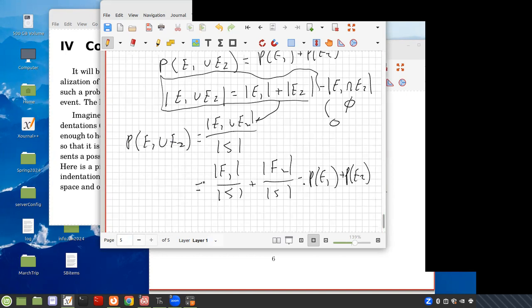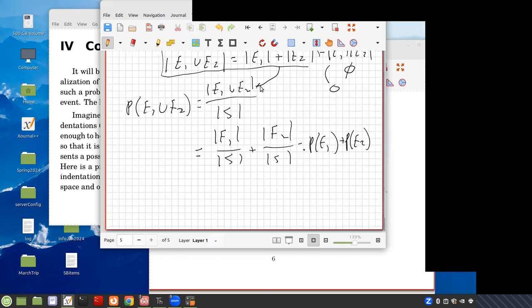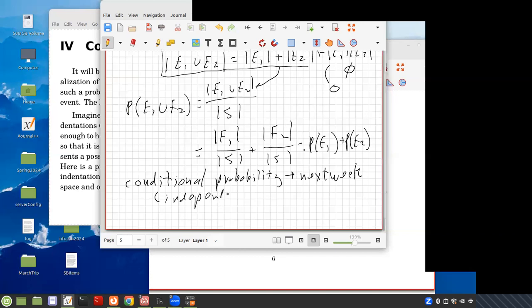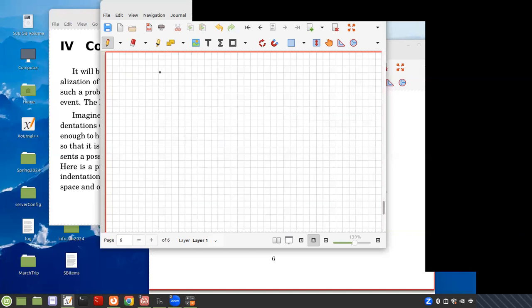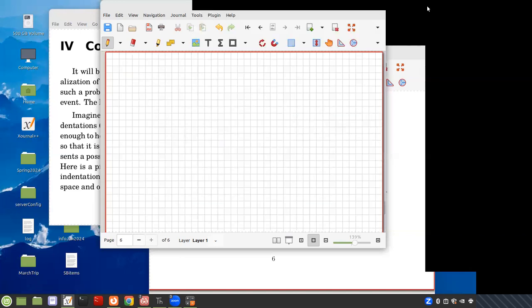And so now the question is, what do we mean by independent sets? That requires us to talk about something called conditional probability, which is the topic next week, because that's a larger topic. And that's also where we define independent events. Okay, but we can start with, I think I've been recording for too